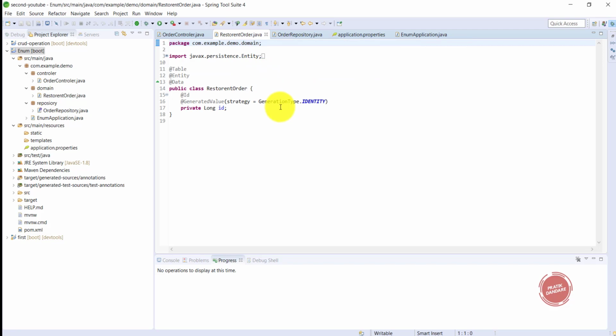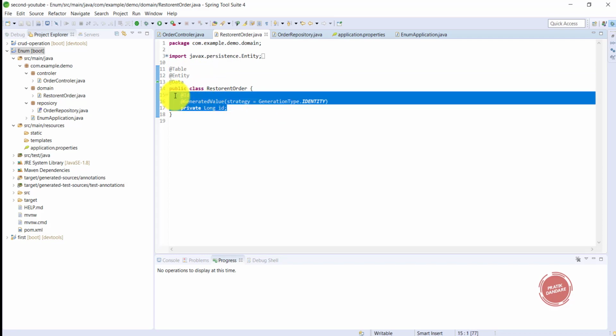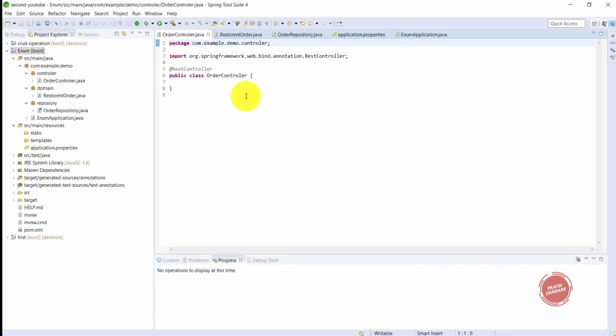The order class has the getter and setter, entity annotation, table annotation, and the auto incremented id. After that there is a controller for it. So I just wrote the entity. We need to modify it along with time, but for now I have just the skeleton of the project. So let's write the enum and let's use it in our program.